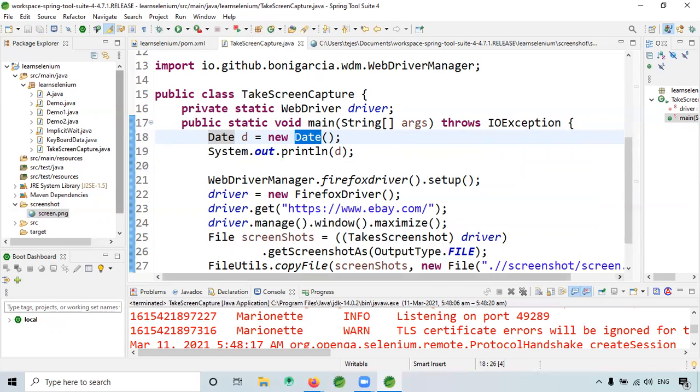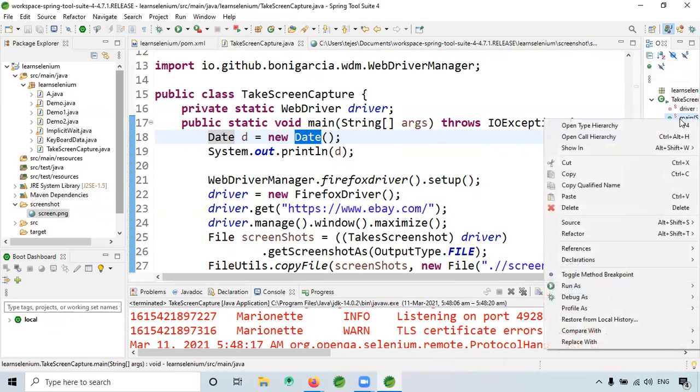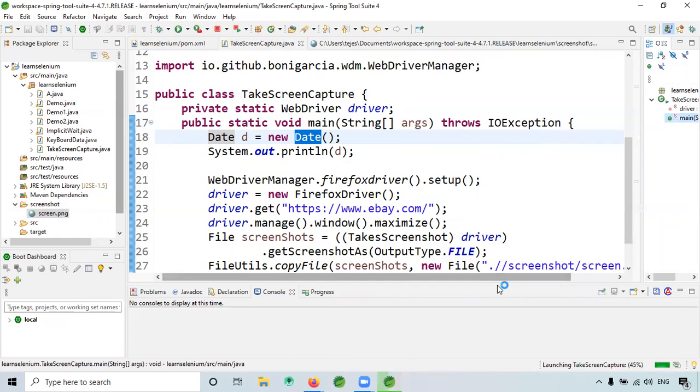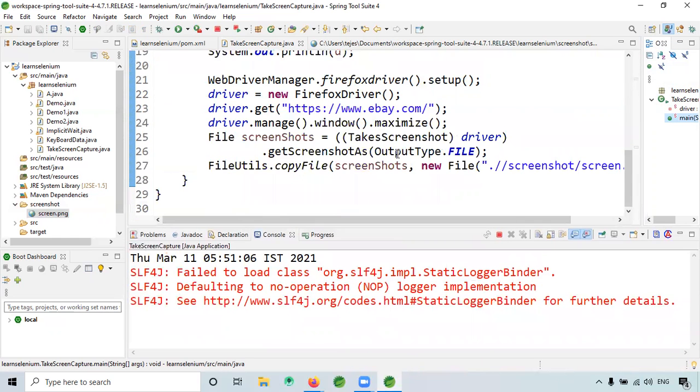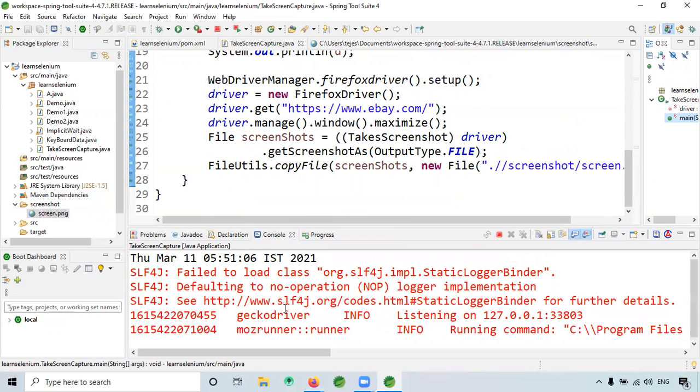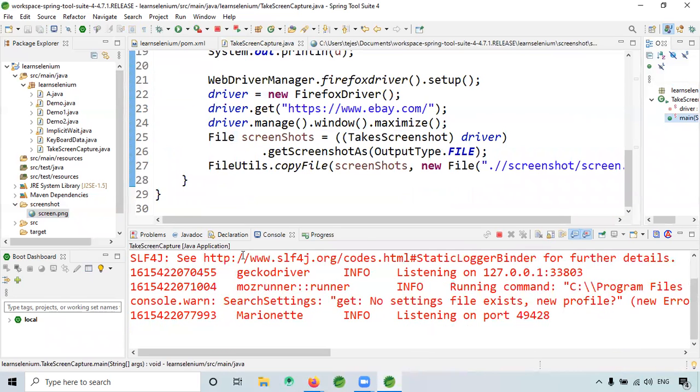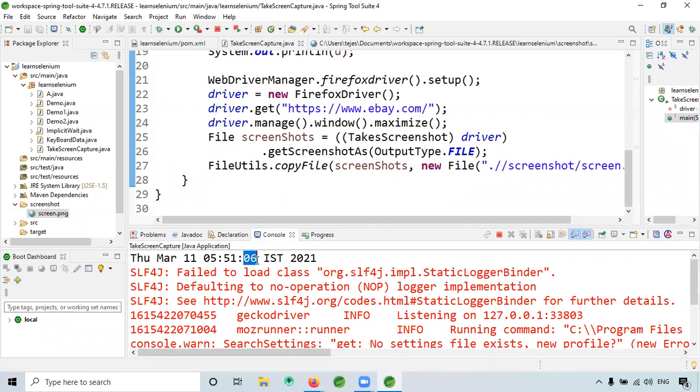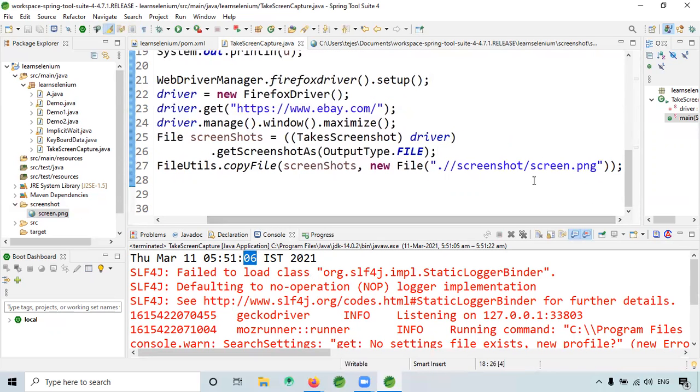Let me see what it will print. With the time it will print, right? Each time it is printing the seconds. So if I attach that to the file name, then each time I run, the seconds will change, so it will give us a different result.